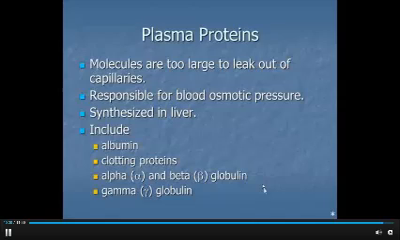And the last category here is gamma globulins. That's the only group that is not manufactured by liver. It's made by blood cells themselves. Gamma globulins are also known as antibodies, and they are synthesized to protect us against